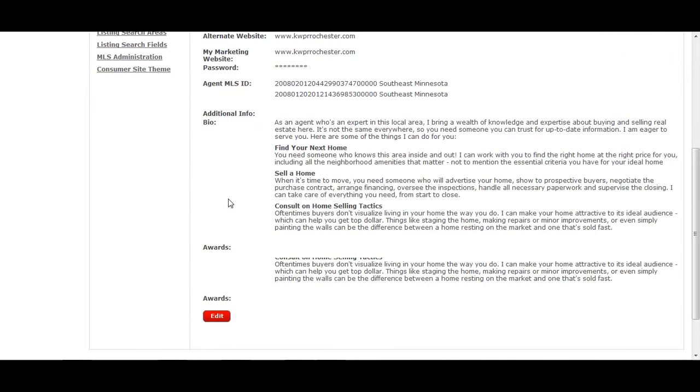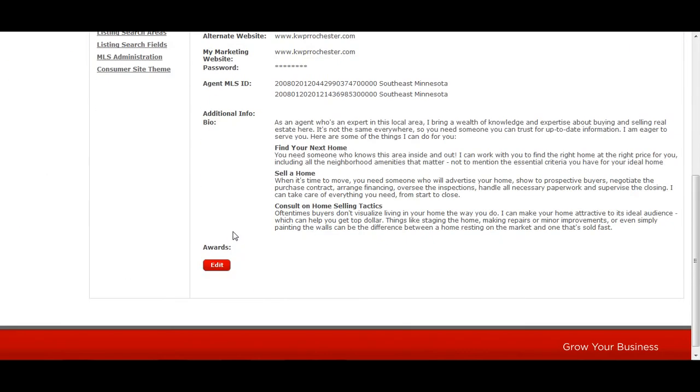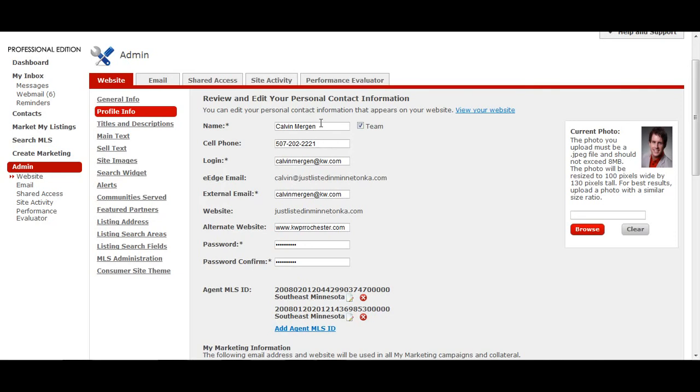So now we have the photo. If it didn't, just redo it and then it'll save in there. Sometimes it just takes an extra try. But go down to edit, and now let's make sure our contact information is correct. Our cell phone is in there, our login email, and then I'm going to touch on these, the external email